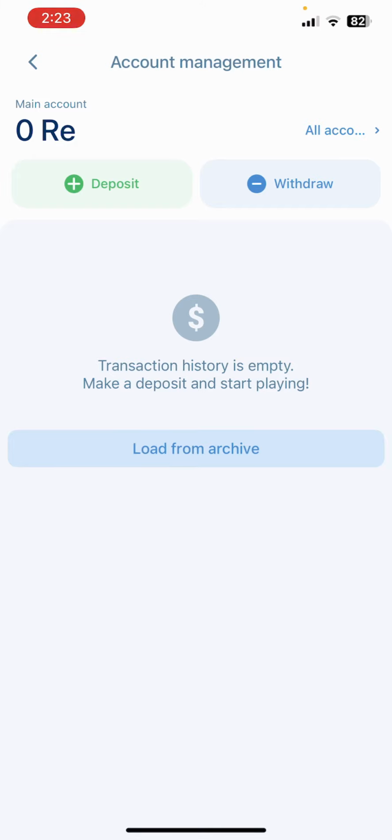So this is how you can check your transaction history on OneXpert app, and if you still encounter any issue